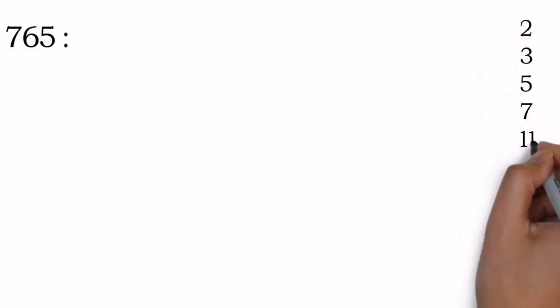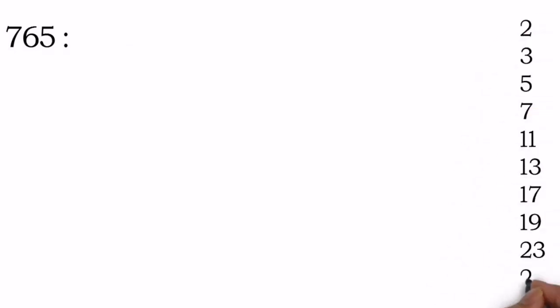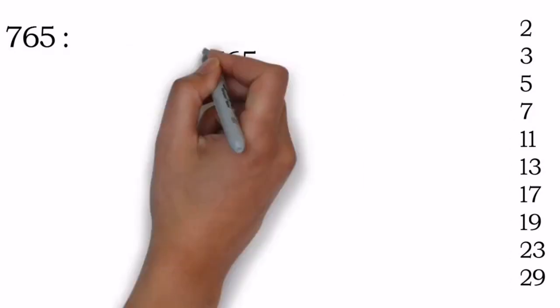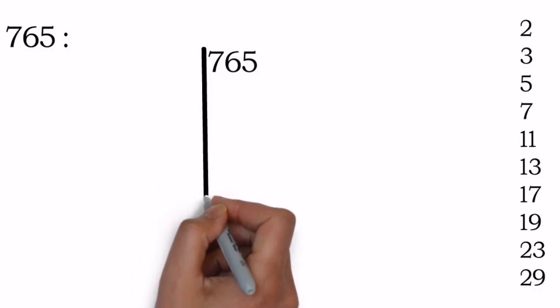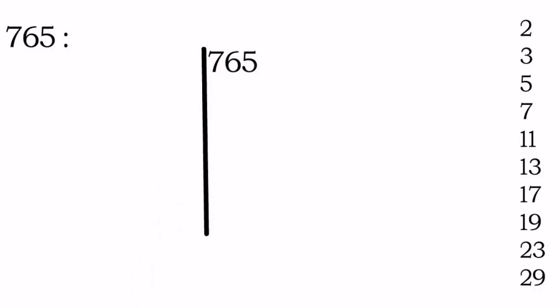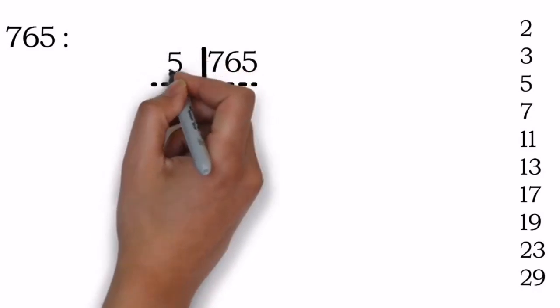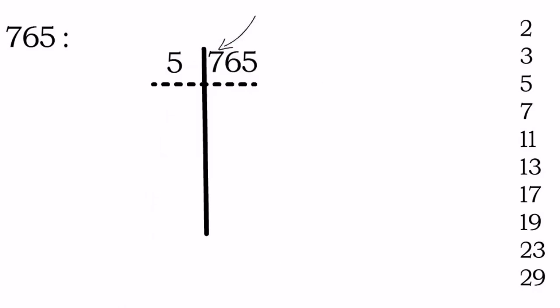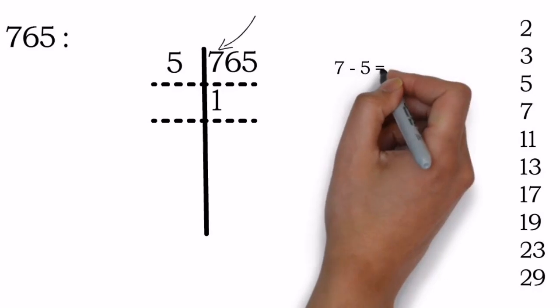Okay, so let's move on with another sum, that is 765. This is a special sum, boys and girls. Over here the last digit is 5, so we can say it is divisible by 5, correct or not? Yes. And always choose a bigger digit or bigger prime number for the division. So over here if you add the digits, 7 plus 6 plus 5, but we don't care about that because we have a bigger number, that is 5. So the first digit is 7, so when you divide 7 by 5, you have to take the quotient as 1. 5 ones are 5, less than 7, and from 7 I got 5, right?